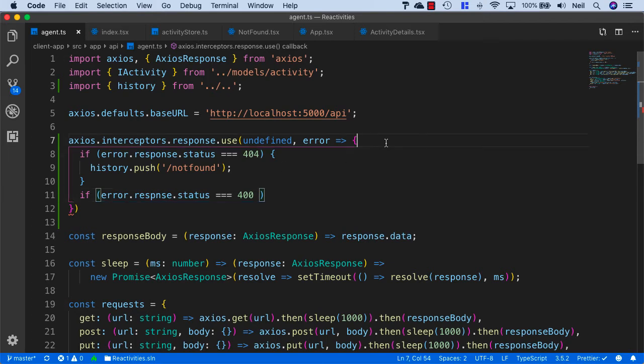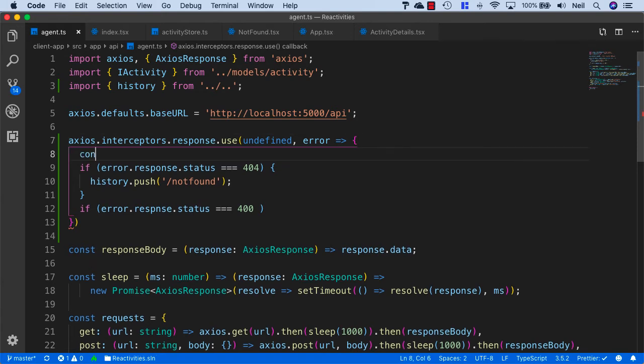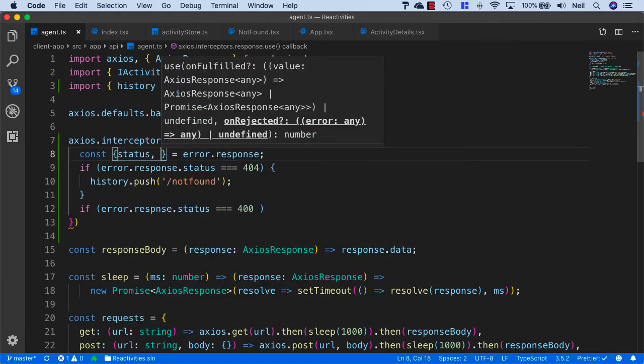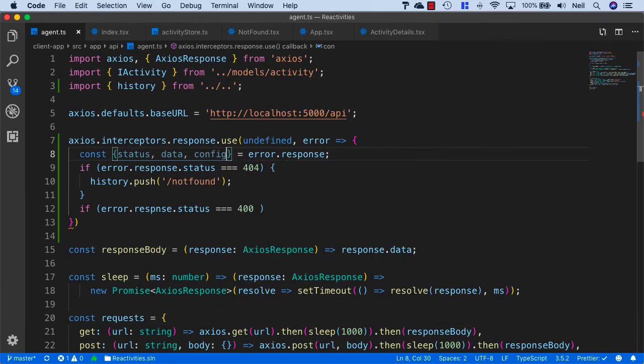And in fact, what I'm going to do is destructure the elements that I need from the response object so that we don't have to do quite so much typing, and I'll say const equals error.response, and we'll take from the error response, we'll take the status, the data, and the config, and then we can just remove the error.response from here, and we can just check the status equals 400 here, and then we'll add a double ampersand,